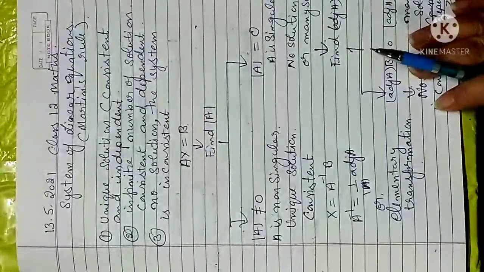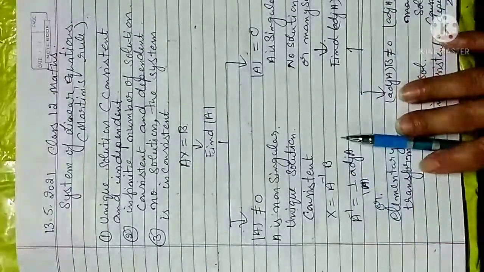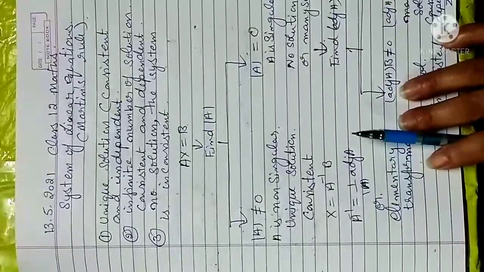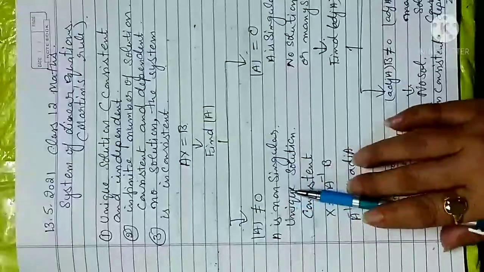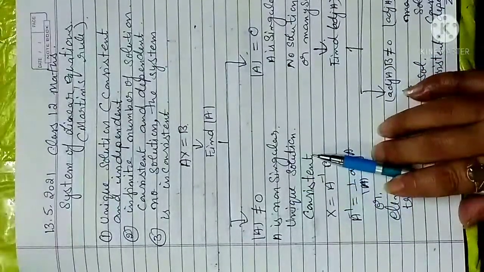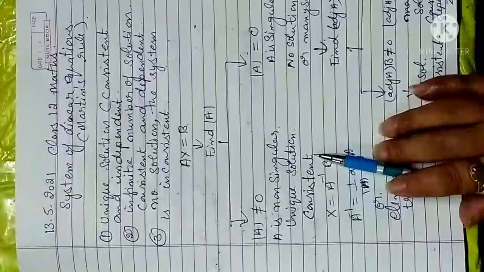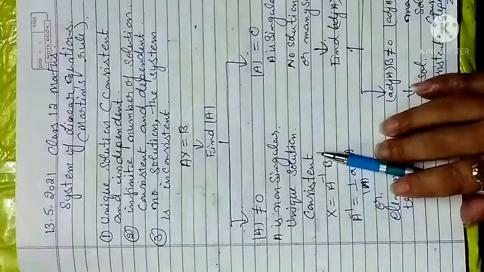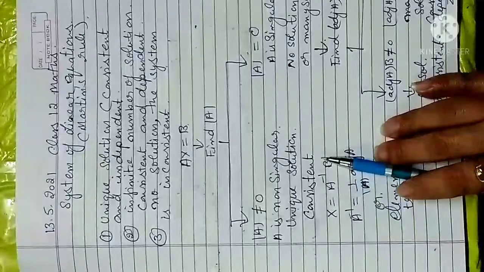In that case, you need not solve further, just finish at the point where you can easily find whether it is consistent or inconsistent. Suppose my equation stops at that point, A determinant not equal to 0. I just write these three points, and then my answer is over. No need to solve further in this type of question in which it is written you only have to test the condition. So you have to solve up to wherever your condition is there.